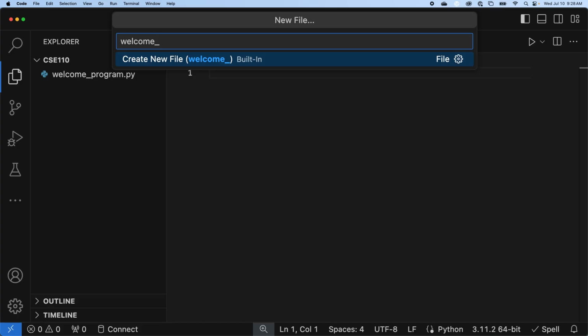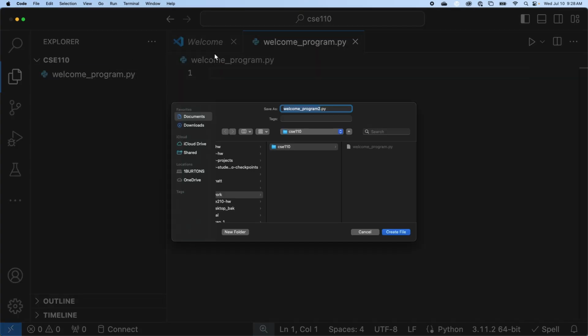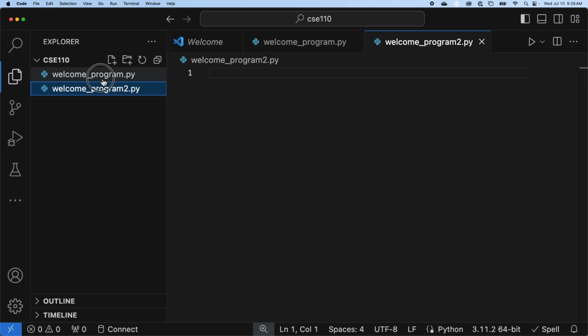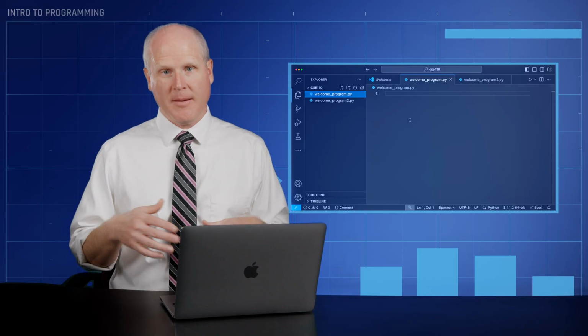So maybe I'll put in welcome_program2.py. And this is going to ask me where I want to put it. So I'll need to make sure to browse out to that CSE 110 folder, and I'll create the file there. Now I can see both files in my folder here. So I'm going to go ahead and click the first one, Welcome Program,